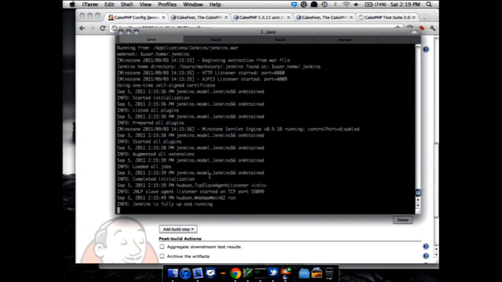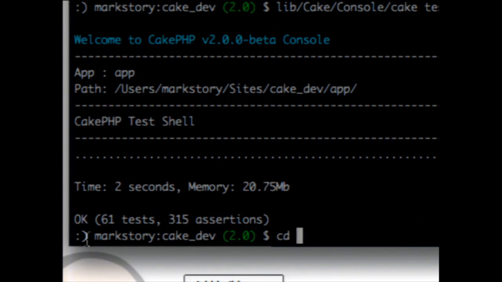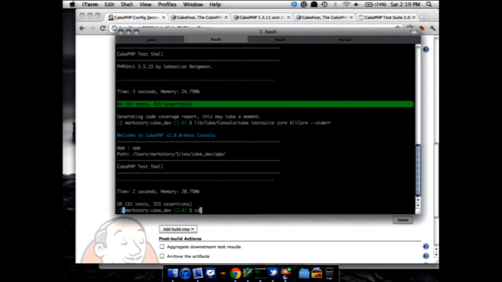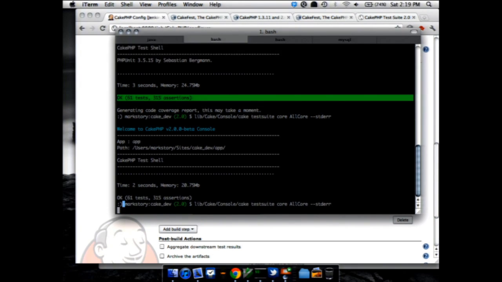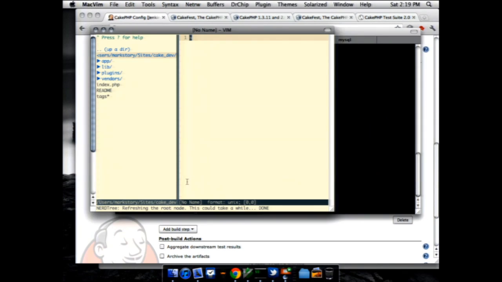You can see that in my terminal as well. I have a little happy face that tells me the status of my last command. So if I run the tests, it stays happy. If I go in and break a test,